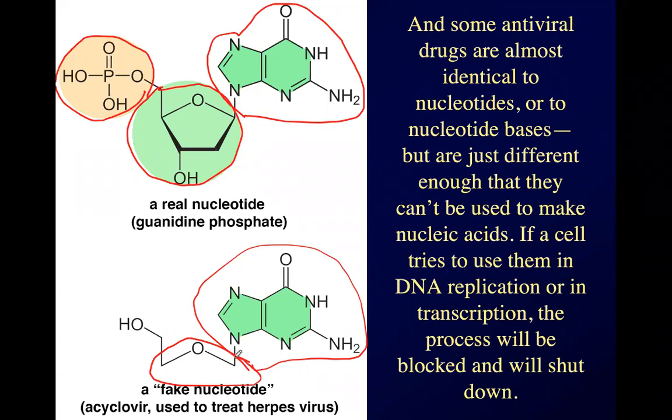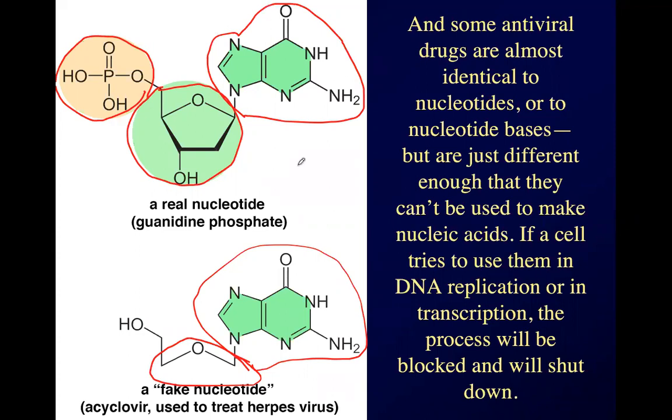This looks like a nucleotide, and if you have a virus infection, the cell will take these fake nucleotides to try to make virus DNA or virus RNA, but it's just different enough that it can't actually be used. If a cell tries to use these in DNA replication or in transcription, the process is shut down. The process gets blocked. And this fake nucleotide happens to be the drug acyclovir, which is used as a treatment